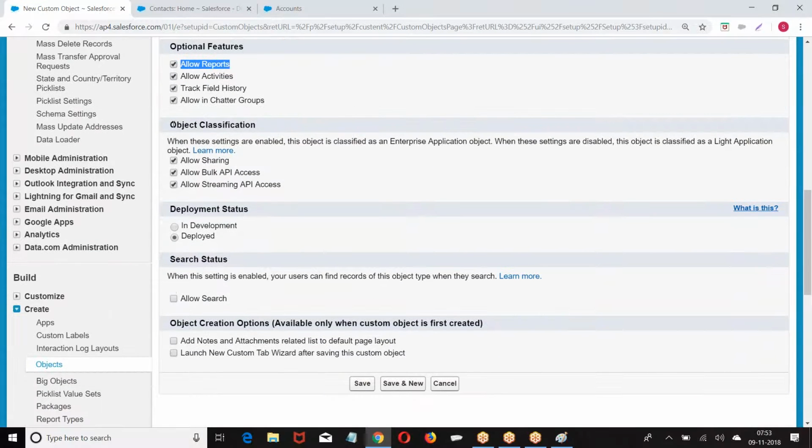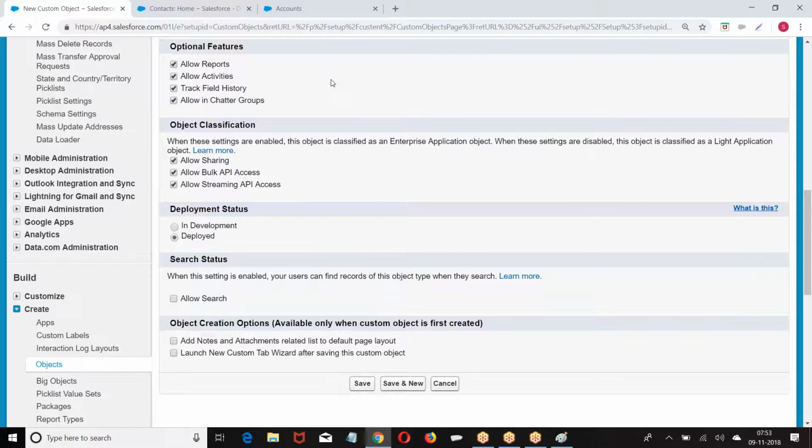Next we have object classification. Now you are creating an object. Is this object for an enterprise application or a Lightning application? Is the object you are creating purely designed for Lightning or is it designed for enterprise? An object designed for enterprise can also be used in Lightning.